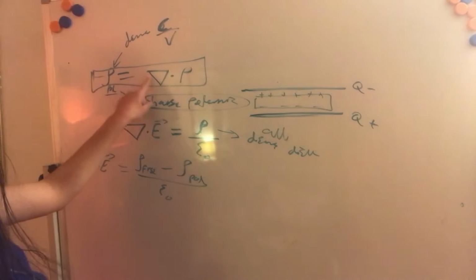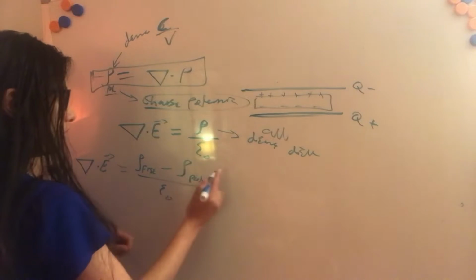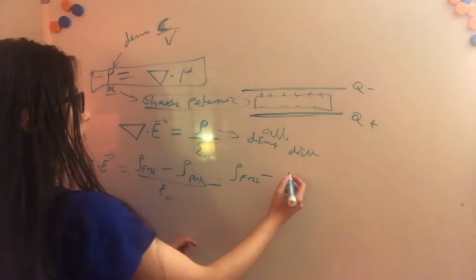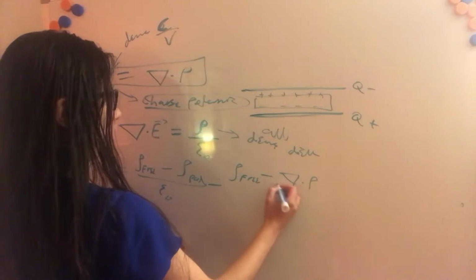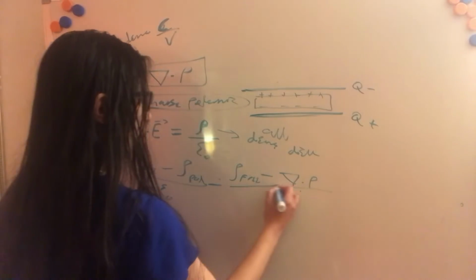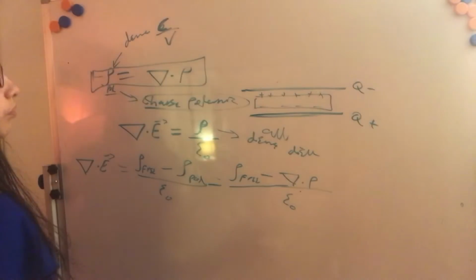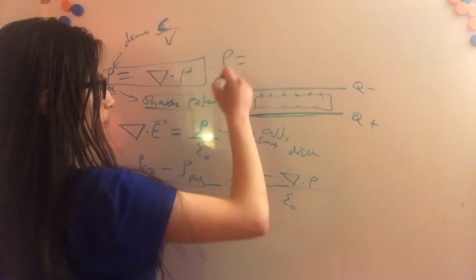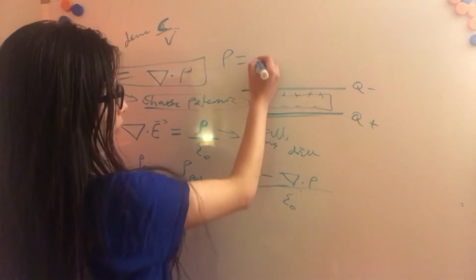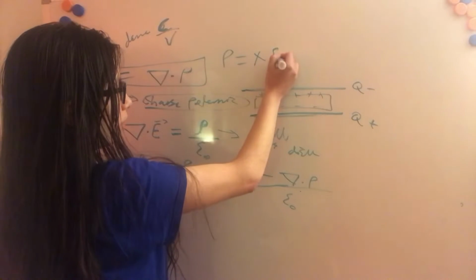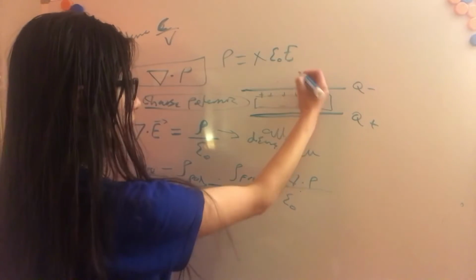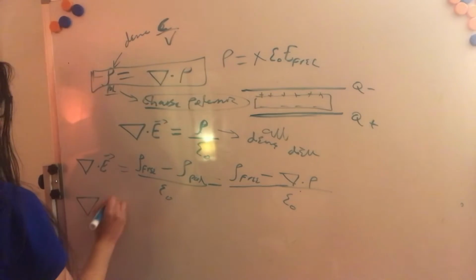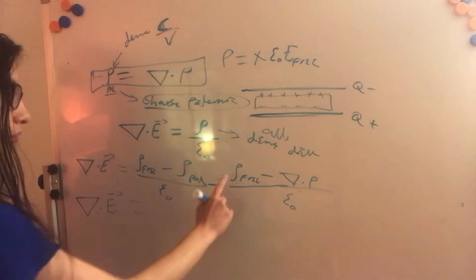But this is the same as the divergence of the electric dipole moment, so we have free density minus the divergence of the electric dipole moment per volume, divided by epsilon naught. In the previous video we saw that the electric dipole moment per volume is proportional to a constant chi times epsilon naught times the electric field, so the free electric field. So here we have that the divergence of the electric field is equal to rho free